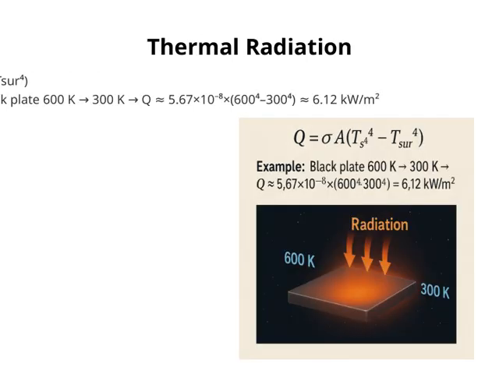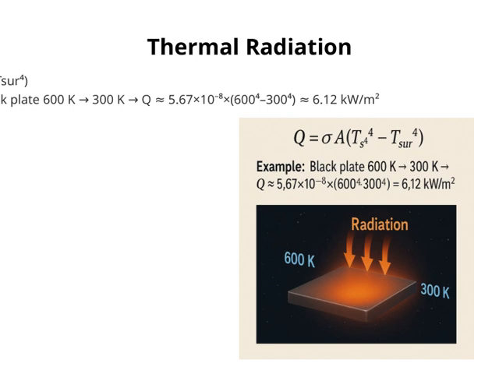Now, let's delve into thermal radiation. The key equation here is Q equals sigma times epsilon times A times the difference between the fourth powers of the surface temperature, Ts, and the surrounding temperature, Tsur. This might look a bit complex at first, but it captures an essential concept: how objects emit and absorb radiation